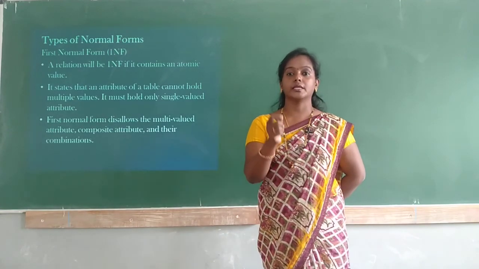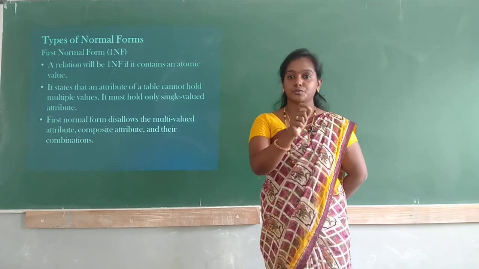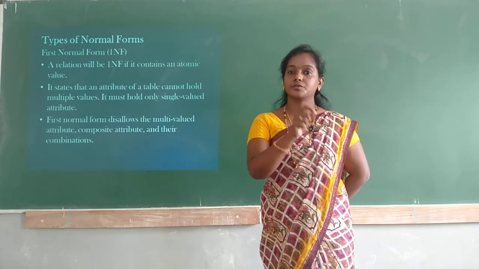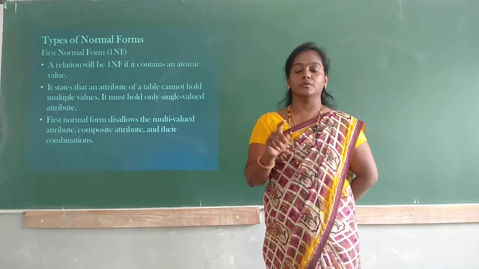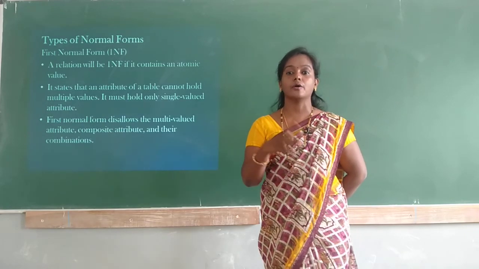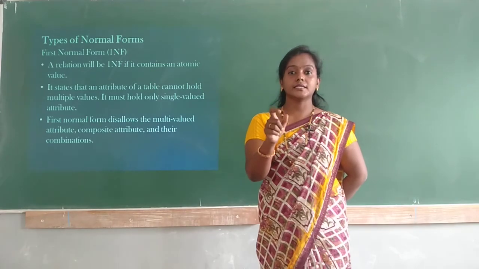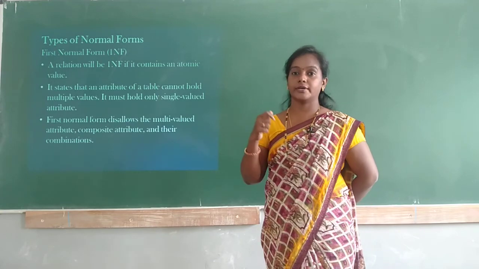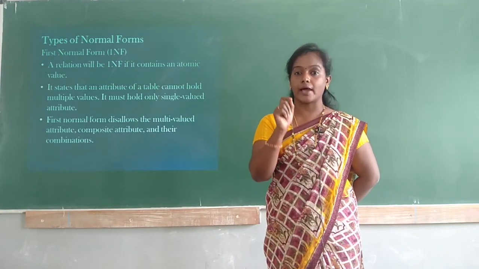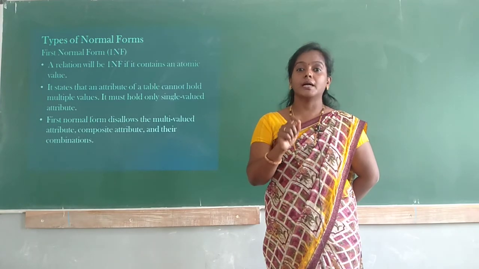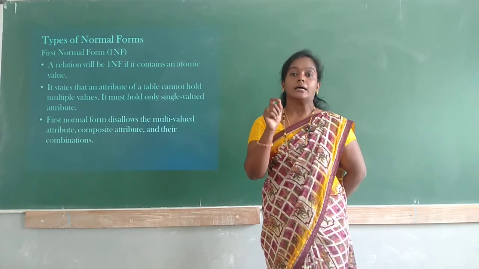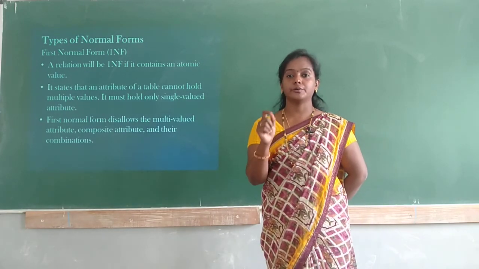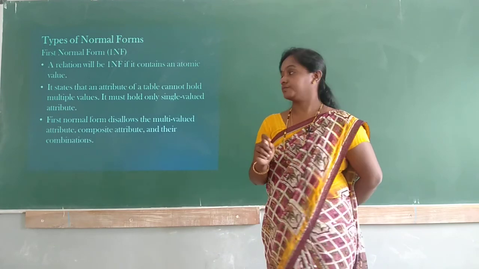So if we are storing the details of the student, a student name, one student will have only one name, and a student ID will also be one value. Next, a phone number. One student can have many phone numbers. No, that is a multiple value. That should not be done in this normal form. In first normal form, the values must be atomic. That means a multiple value is not supported in 1NF. That means we have to remove that multiple value.